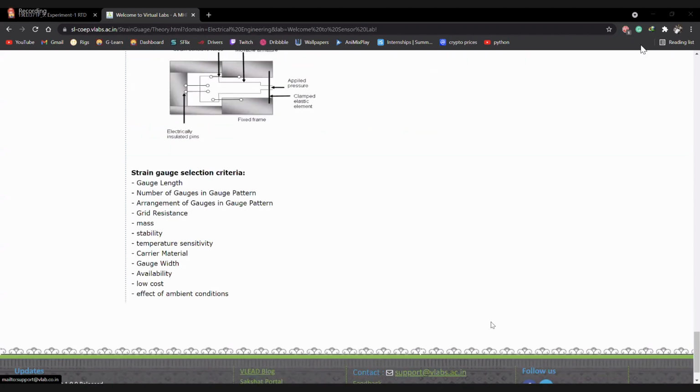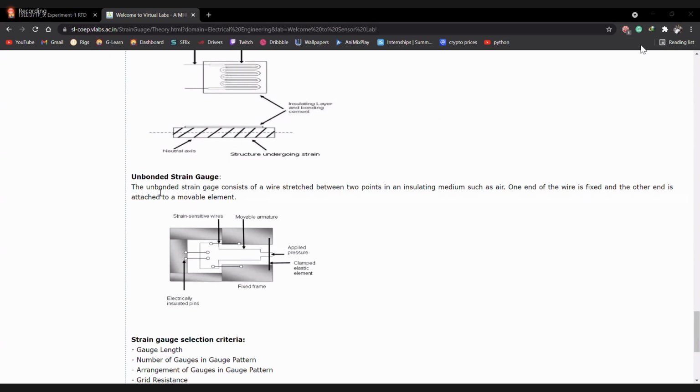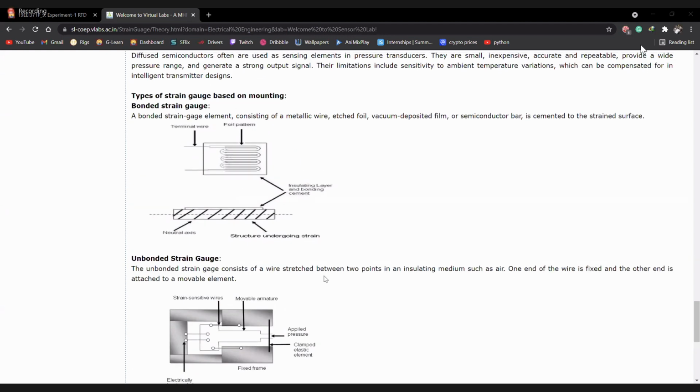What is the unbonded strain gauge? Unbonded strain gauge consists of wires stretched between 2 points in an insulating medium such as air. One end of the wire is fixed and the other end is attached to a movable element. What is the difference between bonded and unbonded? Sir, it is a